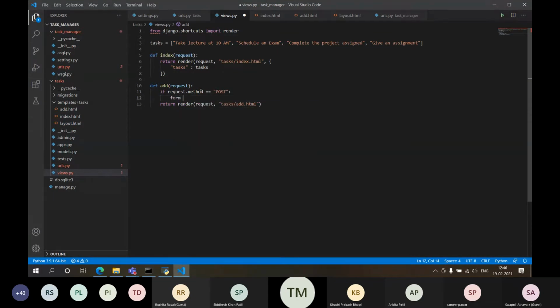So let's talk about form equal to new task form, I can do that, or I can just write request dot post. I can write this.